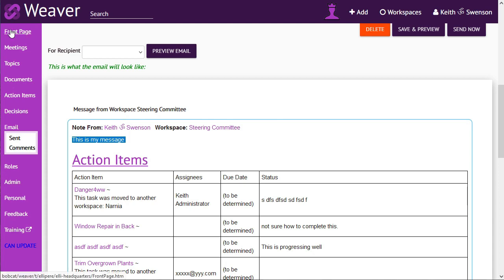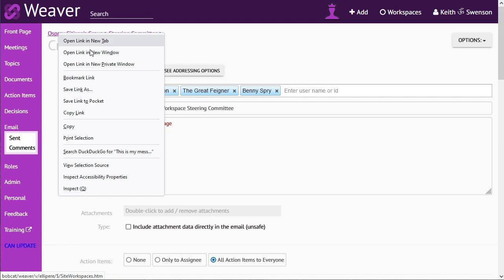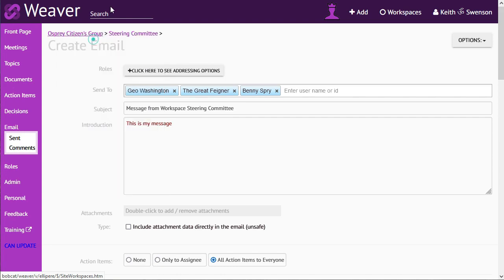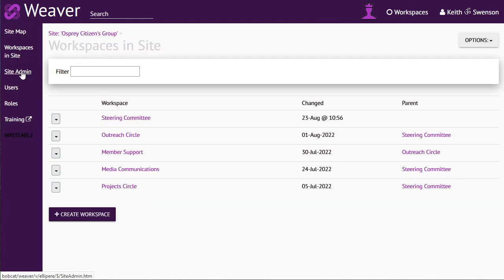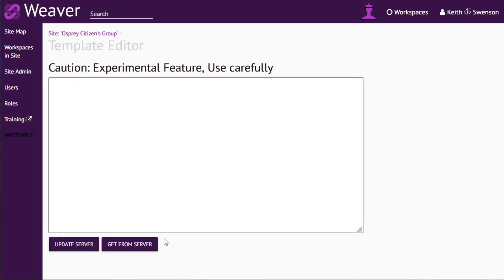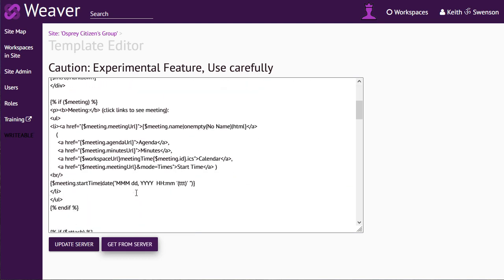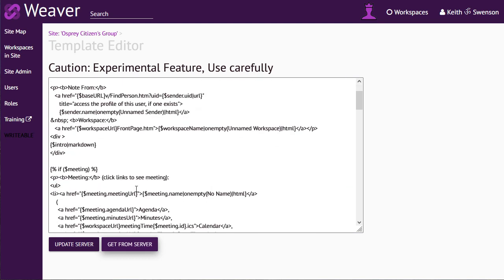So what I'm going to do is go back to the site. I'm going to open this in a new tab. I'm going to go back up here to the site, go into site admin, choose template edit, and get it from the server. Now, it turns out this is the HTML that is that message. And the best way we can see this is, let me just,